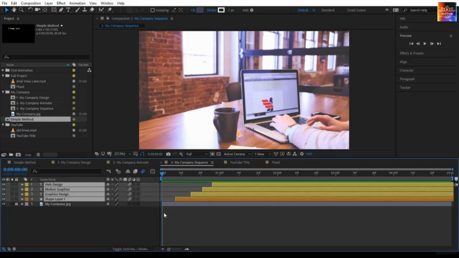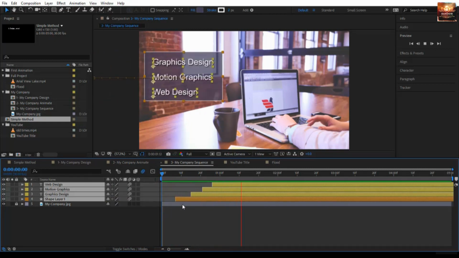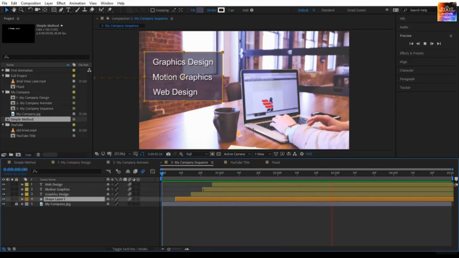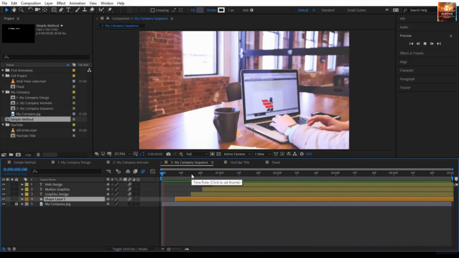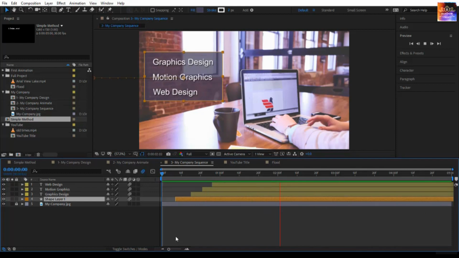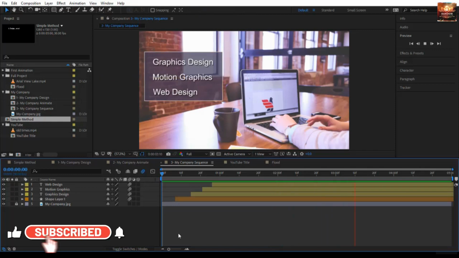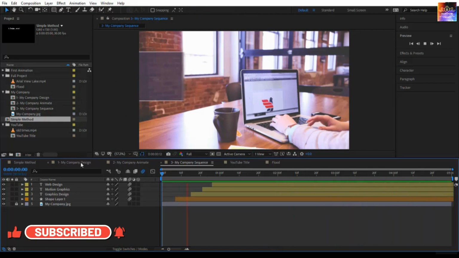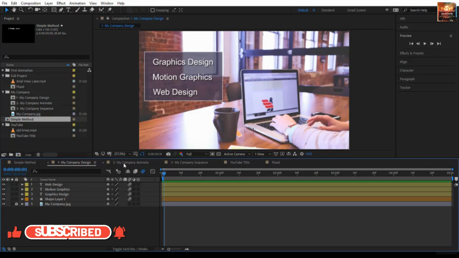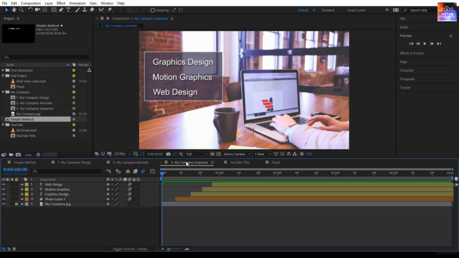You will sequence the layers, decide what comes first, what comes second, and so on until you have the complete animation that you want. In this step also, you will tweak more the speeds and make it the way you would like. So actually, we are going to follow these 3 steps: to design, to animate, and then to sequence